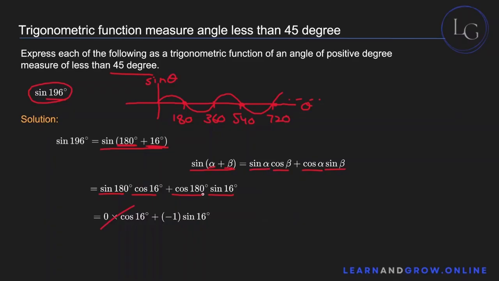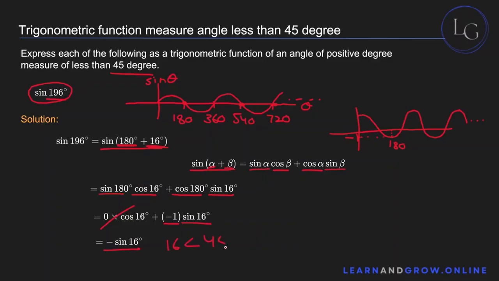And cos 180, well, you draw the graph of the cos function as well. Now you know the cos function starts here and then it goes like this. This is 1 cycle, this is 2 cycles, and so forth, right? And you know that at 180 degrees, which is here, the value of the function is -1. So -1 into sine 16 eventually gives you negative sine 16. So you've expressed sine 196 as a trigonometric function of an angle that is less than 45, because 16 is